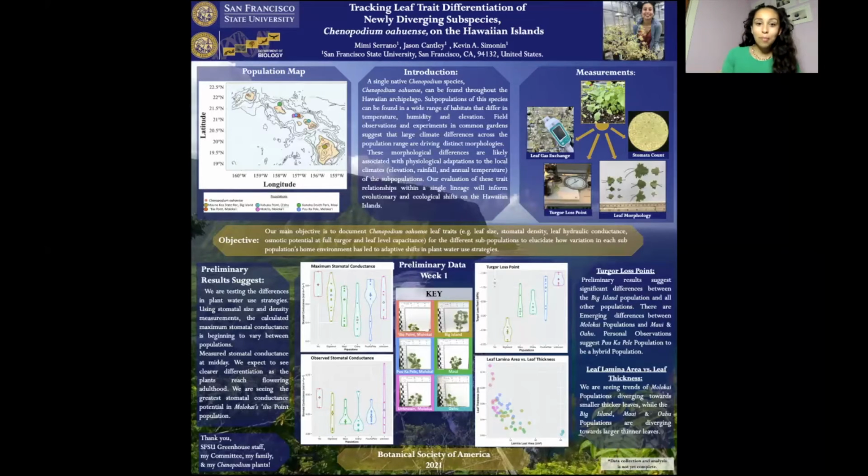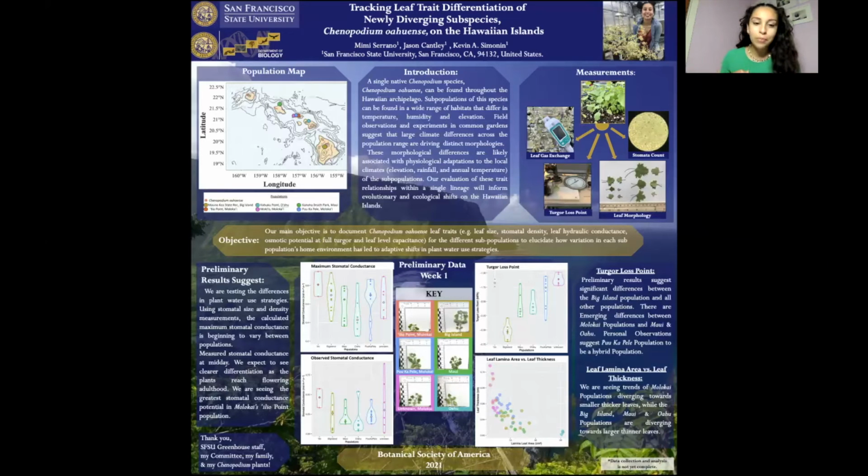On the bottom half of my poster, I have displayed preliminary data and preliminary results. Please note that data collection and data analysis is not yet complete, so all of this is just a sneak peek of what's going to come. We have 6 colorful boxes in the center here representing our 6 different populations. Please refer to these colors when you're trying to figure out what population you're looking at on all 4